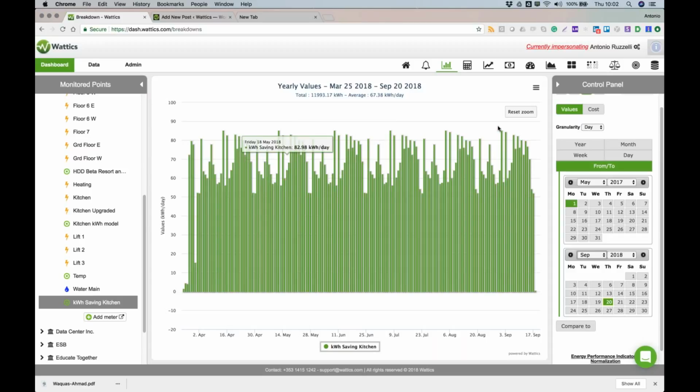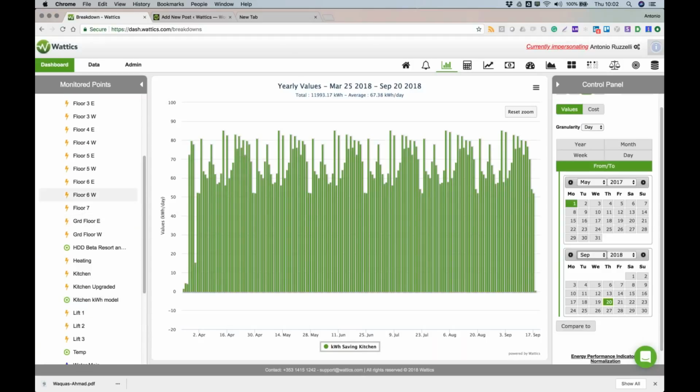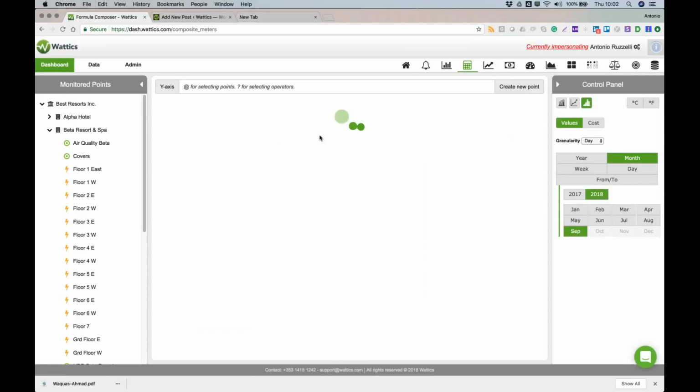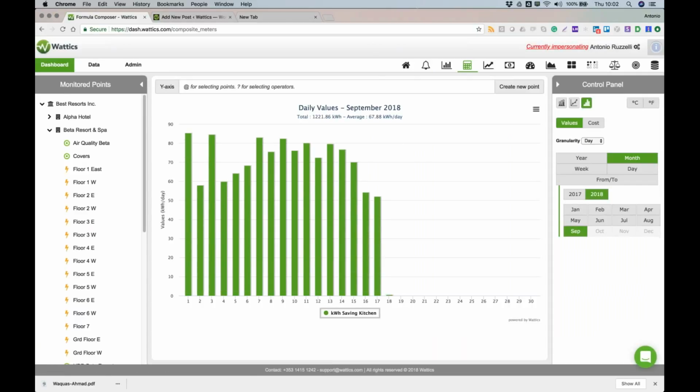Okay, so that's it. I hope that this particular use case scenario has been quite useful. As I said, there are many of them. Just to close the usage